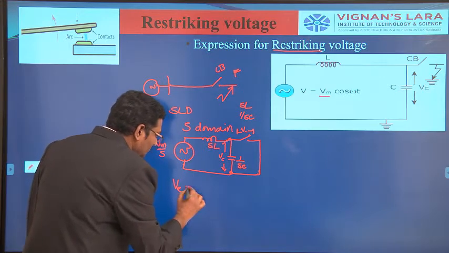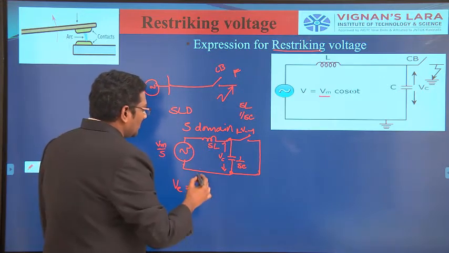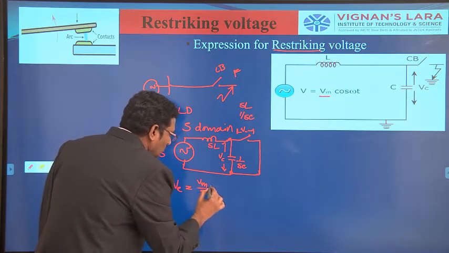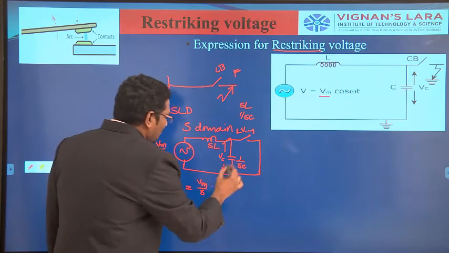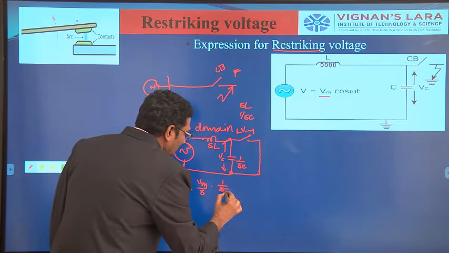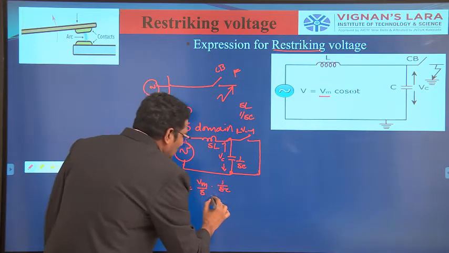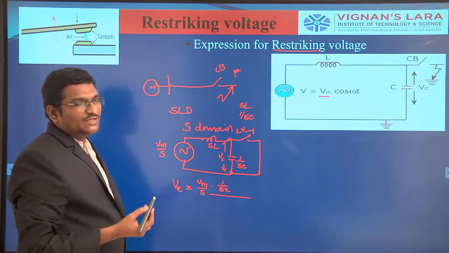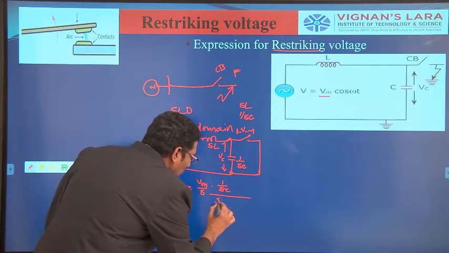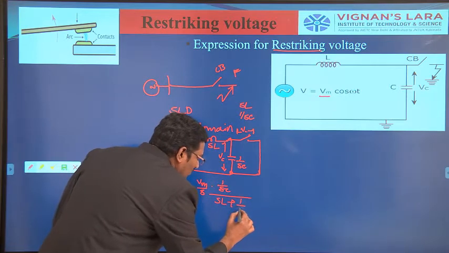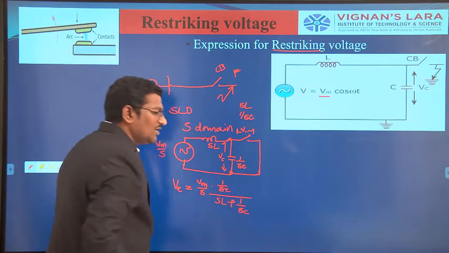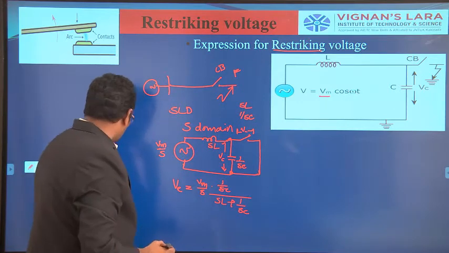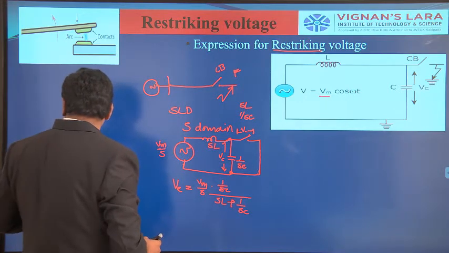Vc is equal to the source voltage, which is V maximum by S, into the voltage across the capacitor, 1 by SC, divided by, just like two impedances connected in series, S into L plus 1 by SC. Now if you do the mathematical manipulations, finally we are going to get